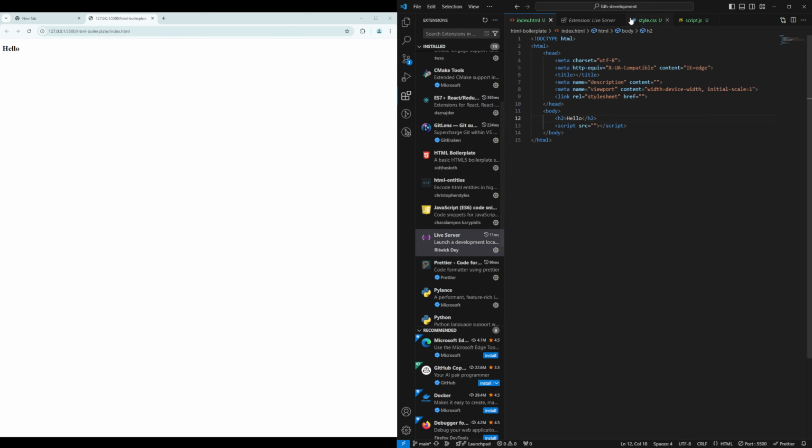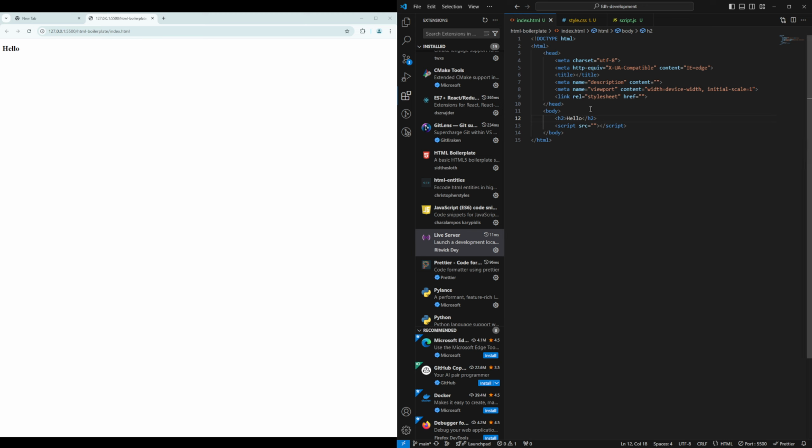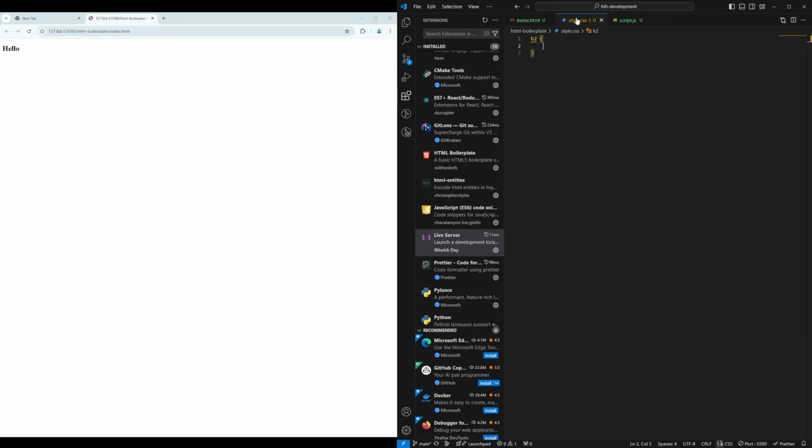So the next point is to have CSS. So let's style it. Actually, it's a good idea to first connect that file. So let's write the location of that file. It automatically appears. It's connected in this file. So now we can change its color, for example, to blue. The color is changed.